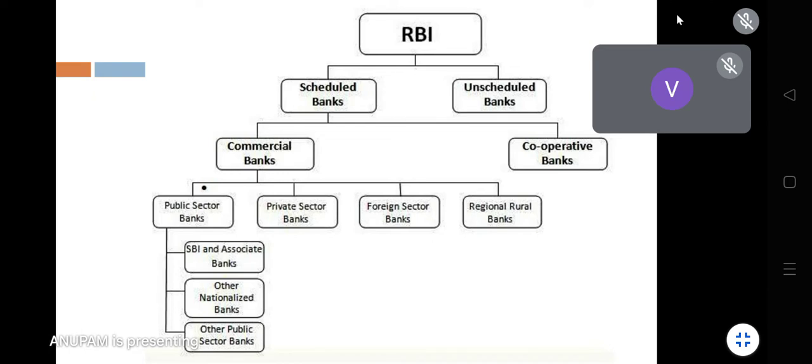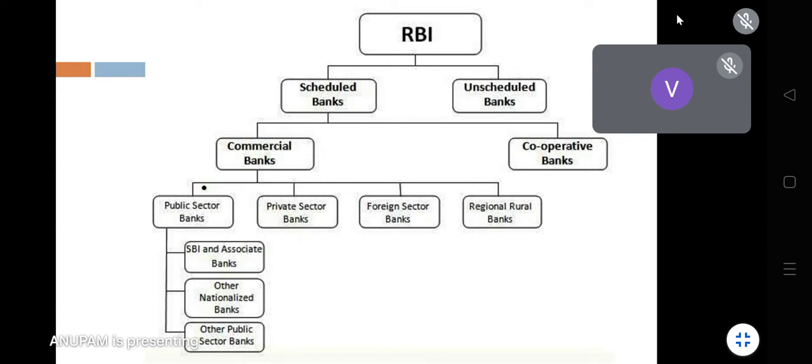Okay. The next one is the regional rural bank. In regional rural bank, what will happen? These are mostly located in villages. And these are the channel of the central government for transferring money to the villages directly. So what is the importance of RRB or regional rural bank? Means if government wants to give some money to the people directly, without involving the public sector bank or any other bank, they can transfer the money directly to the RRB of that village, and villagers will directly get the money straight from the central government.